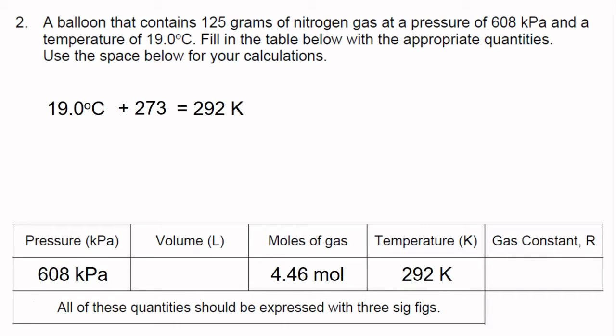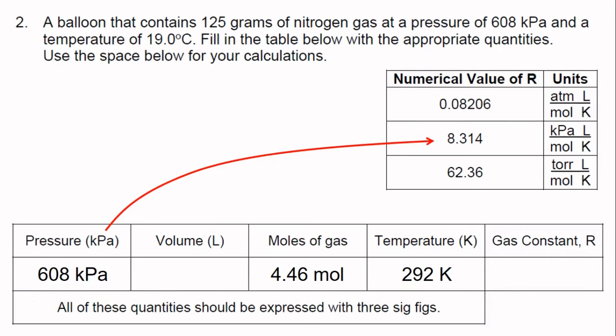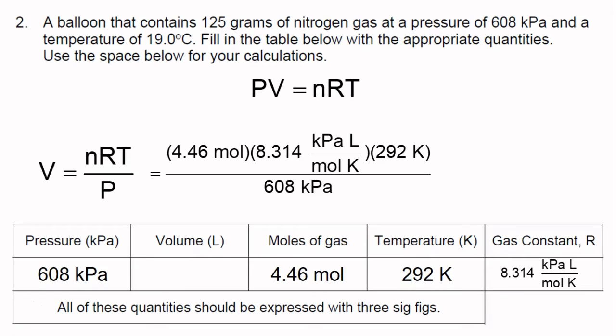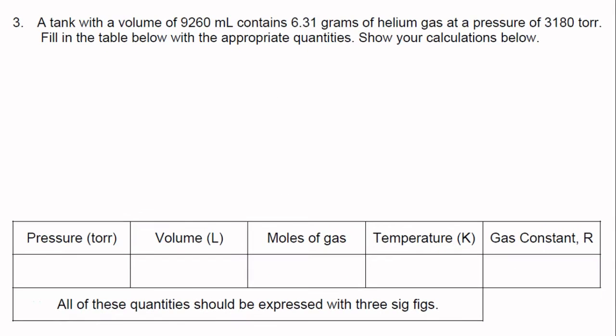So we're going to be calculating the volume of the gas using the ideal gas law. The value of R that we should use in this case is going to be 8.314 because it has units of kilopascals. And now that we have everything except for volume, let's use the ideal gas law. V equals nRT over P. Plugging in the values, we end up with 17.8 liters. Again, rounding off our answer to 3 significant figures. All right, our next problem, number 3, we have